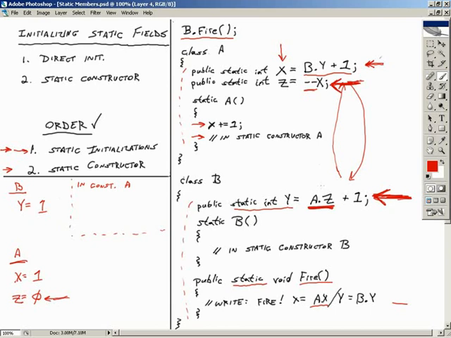And let me just drop these numbers in here so you can see what I'm talking about. A.Z was equal to 0 plus 1. Answer, 1. So that just went into Y. Okay? So now we're back up here. We've taken care of this, the static initialization in class B. Now we've got to fire the static constructor